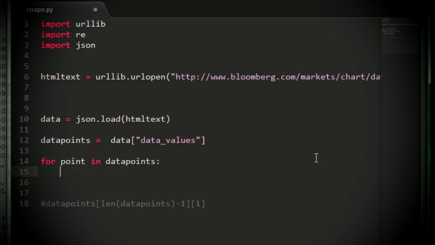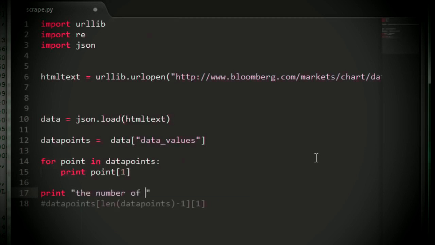That would be for a while loop. We can just say print point of 1. And this should loop through the entire array and print out all of the closing prices for each minute throughout the day. And at the very end, why don't we just print